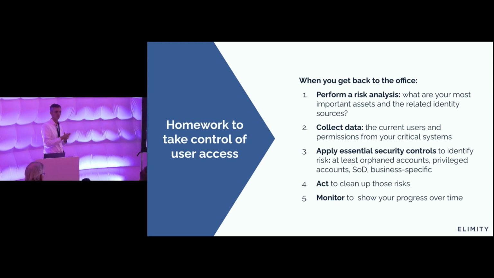Then secondly, if you take anything home from what I've said, make this a data exercise. Collect data. So from Active Directory, export the data of the users and the groups. Some of your critical systems, export whatever is in there for the permissions to your critical systems, and then apply these essential security controls. I will show you the link to the guide in 2 slides again, if you want more inspiration, but at least look at the orphaned accounts, the privileged accounts, the separation of duty and business-specific controls. And then if you find risks,